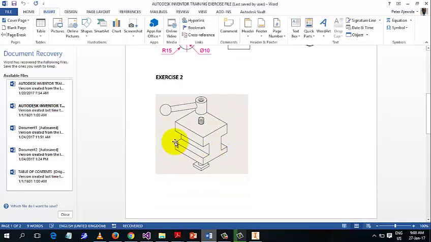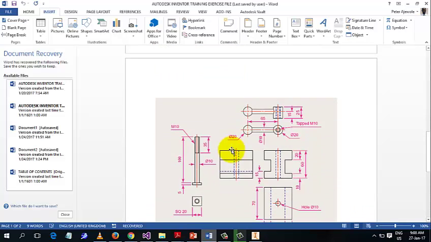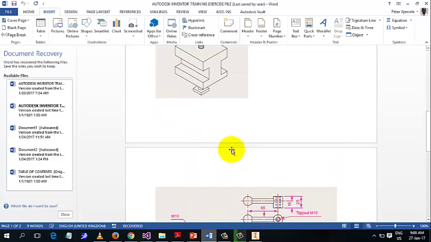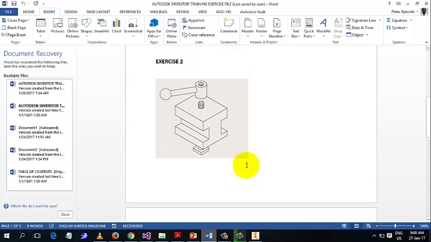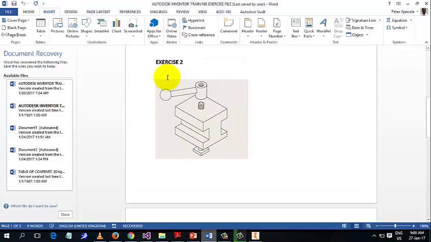While that is loading, I want to show you again the machine part that we'll be working on. So this is it, and in the last class we were able to draw this part, or rather this block. Actually there are 3 parts in this machine component. We have the block itself, then we have the nut on top here. Then we have